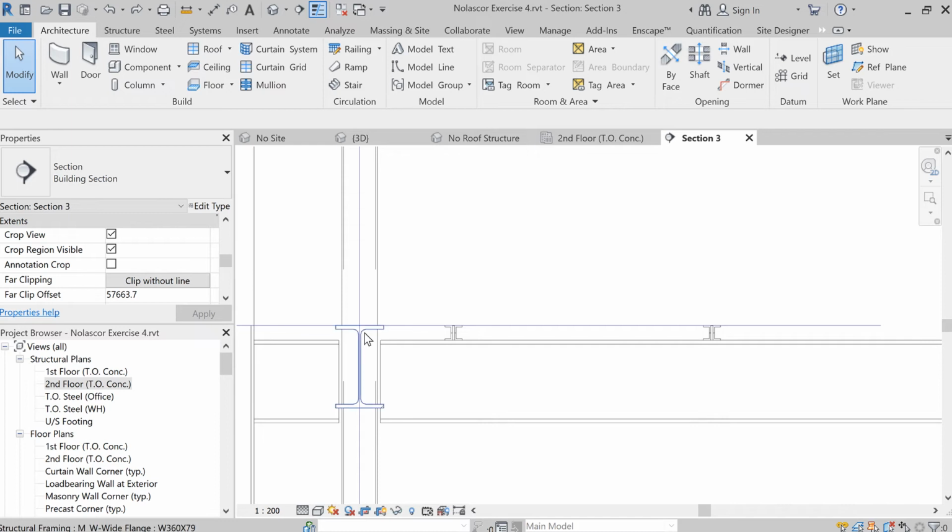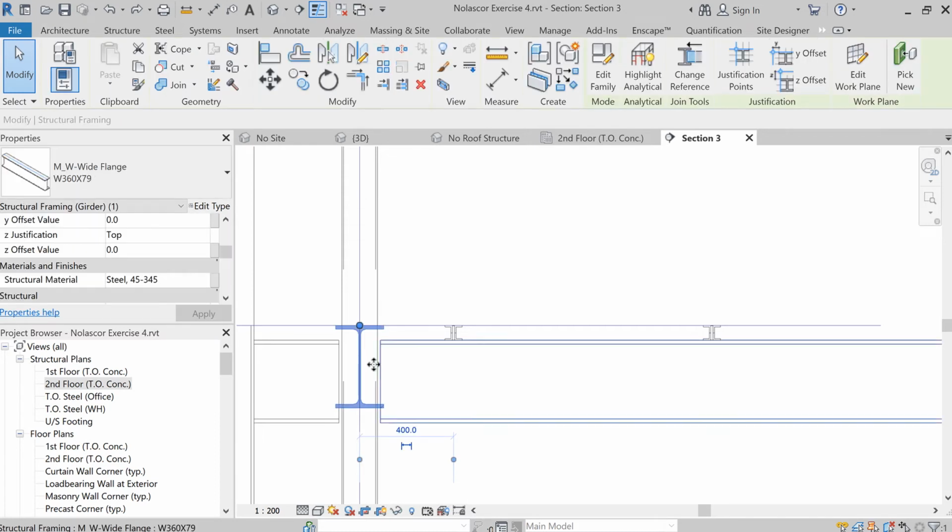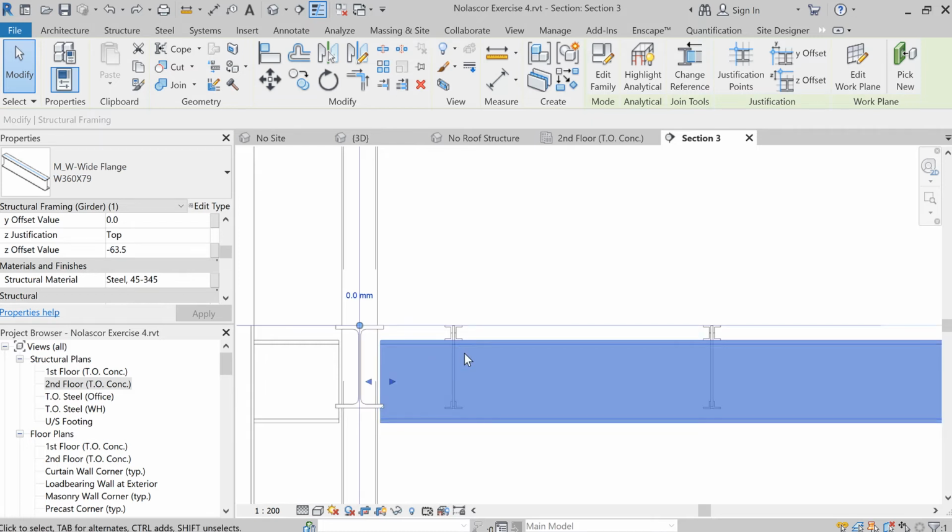Unfortunately, we cannot move them down together since this one will only be lowered by negative 140, while this one, we need to lower it by negative 140 and 63.5. So how do we do that? Let's go to our 3D view